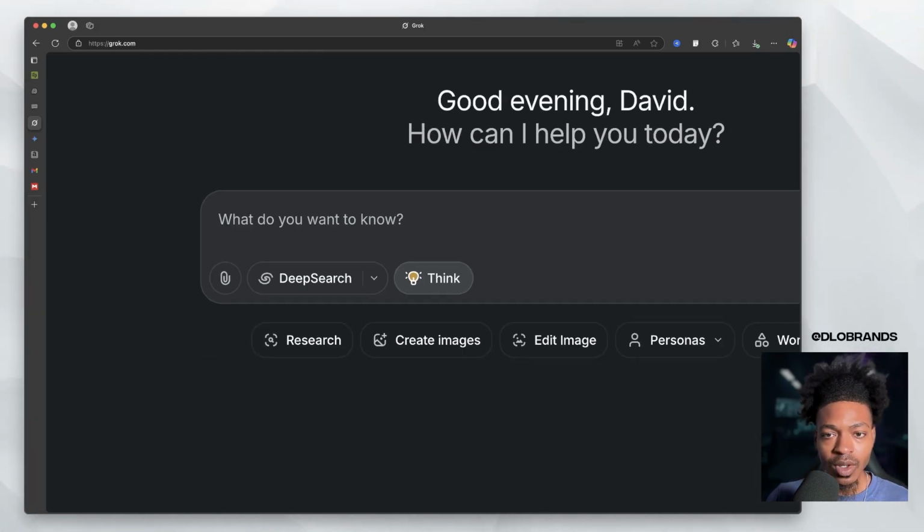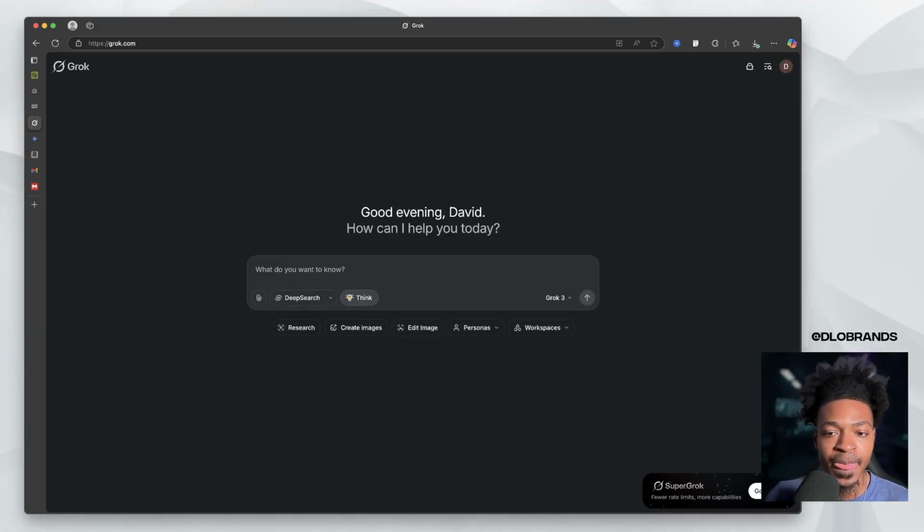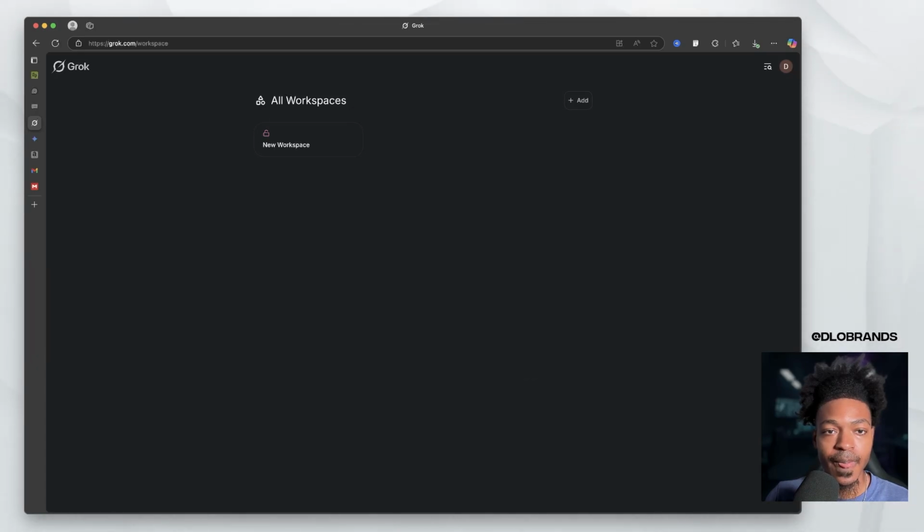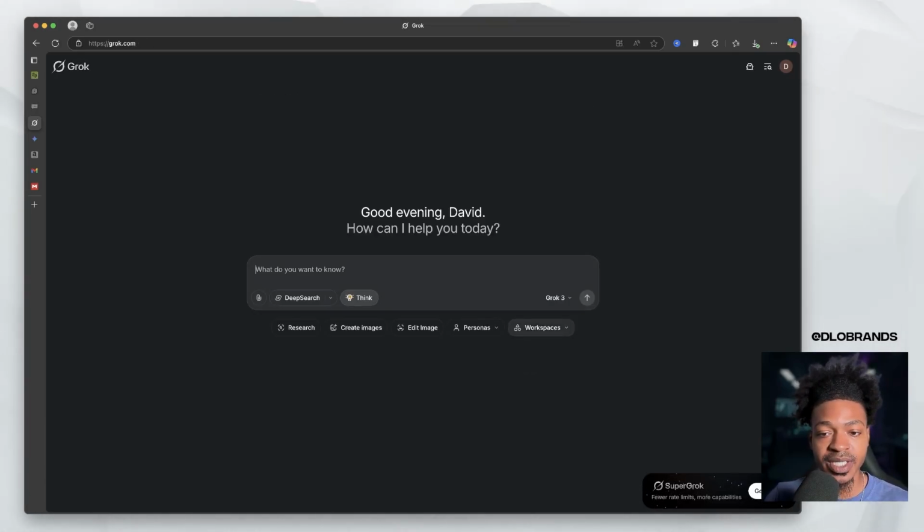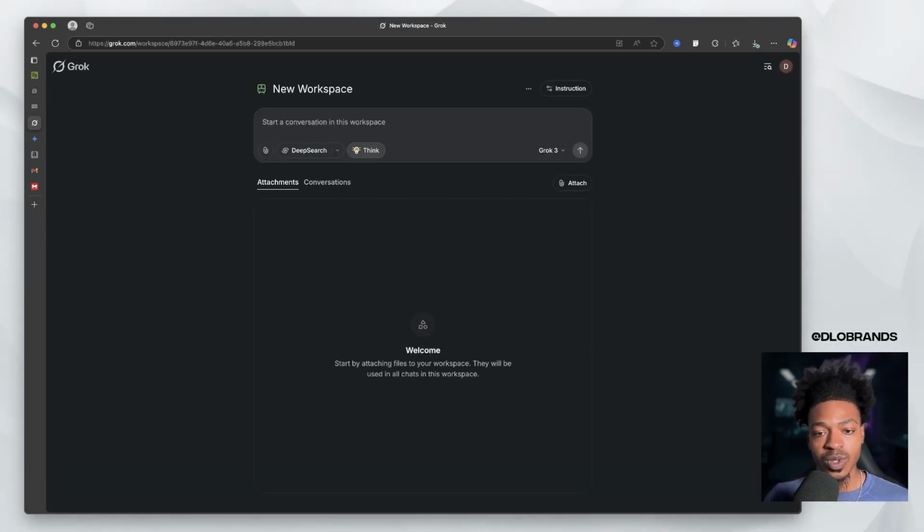So what we are going to explore today is number one, the workspaces window. So if we go and click see all or add, we can see this new dialog that looks similar to